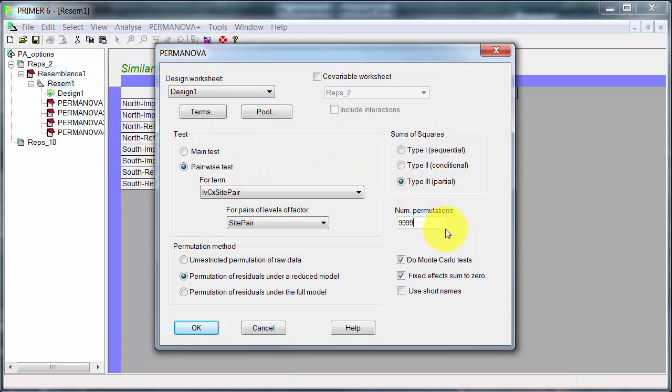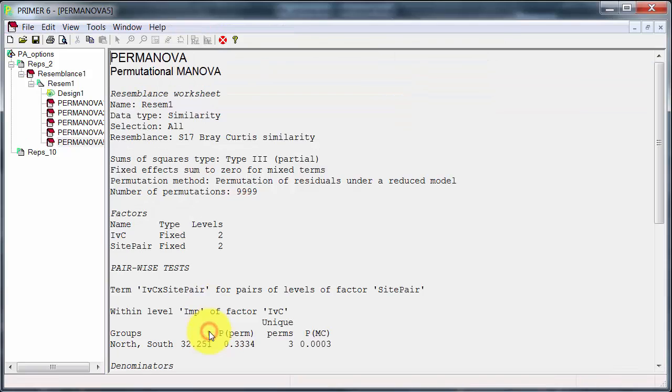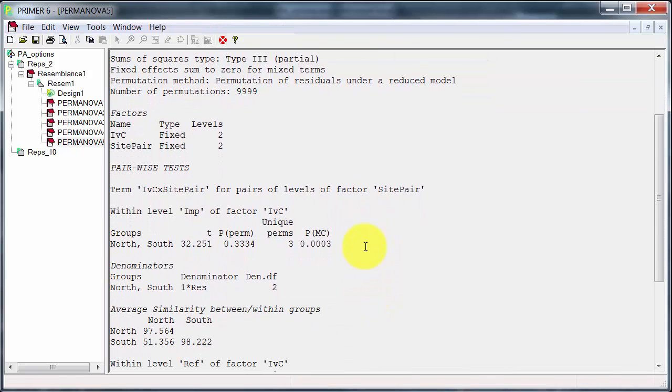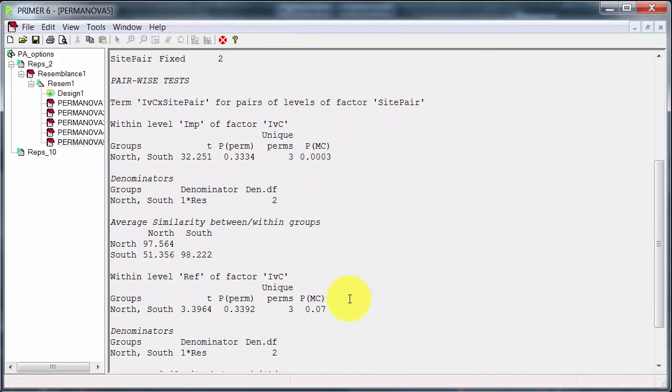And one last run with this. Does that have any effect? Yes, you can see it does. It drops that down a lot, but that value there is unchanged. Okay, so